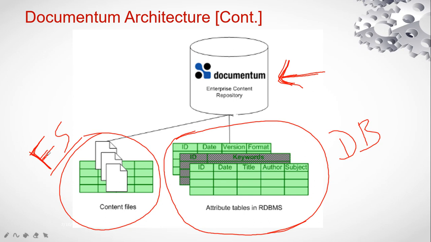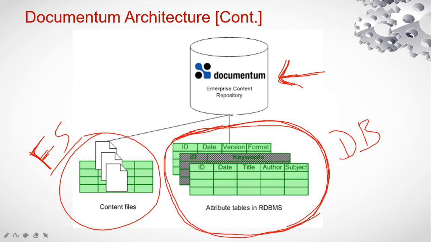And in the database we store a lot of structured data. I explained already that the Documentum platform is useful for managing unstructured data, and where that structured data comes from and how we store it in the database, I will explain later. Basically we store the content in this repository.